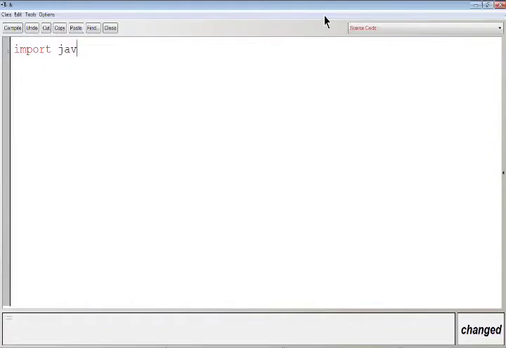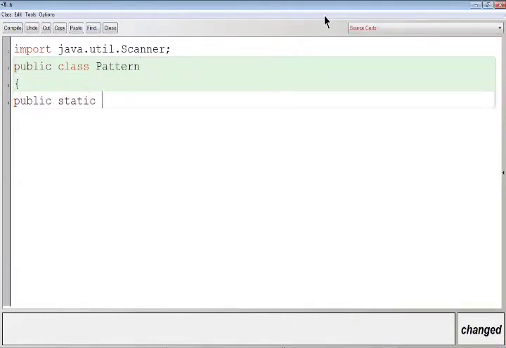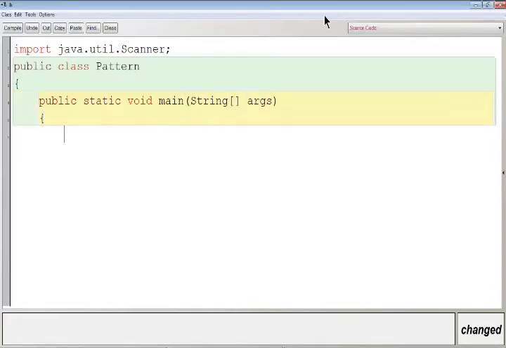Import java.util.Scanner, public class Pattern, public static void main, capital S String array args. Let me create the object of Scanner class: Scanner scn is equal to new Scanner, and then let me write here System.in.